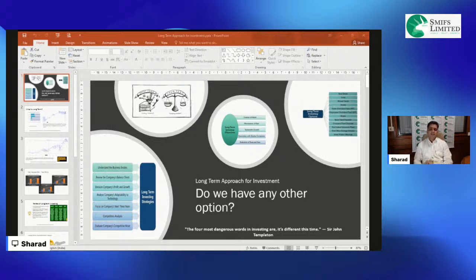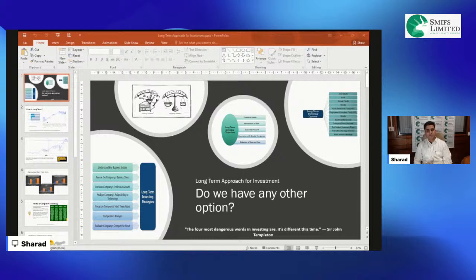So these are the tenets of long-term investing. Basically it lies on four things: quality, value, diversity, and time. Quality is very important because you want to buy strong, fundamentally sound stories, which will live through this period of 8, 10, 15 years that you are wanting to buy into. Why is it important? Because compounding can only happen when you stay invested in a good company, and for you to stay invested in a good company, the company has to live through that time frame. So quality of the company is very important.